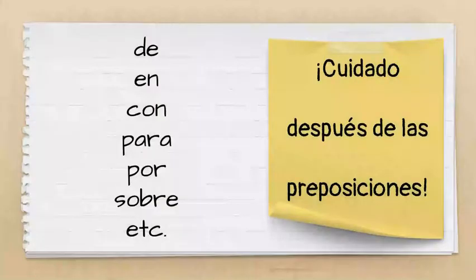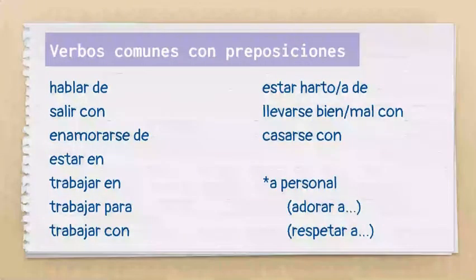Please be careful with prepositions. We're going to talk a lot about prepositions in these next three relative pronouns. Just remember that some common prepositions in Spanish are de, en, con, para, por, sobre, etc. And also that we have a lot of phrasal verbs or verbs that are going to use prepositions after them commonly. So like if you say hablar de, to talk